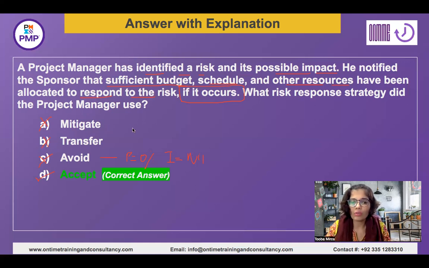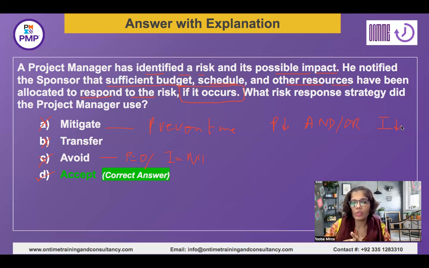Mitigation actually talks about preventive action, taking any actions which are going to make sure that the probability is as low as possible, and or both. It can be and, it can be or, both probability and impact, or probability or impact. Like it can be and or. Impact is going to be reduced